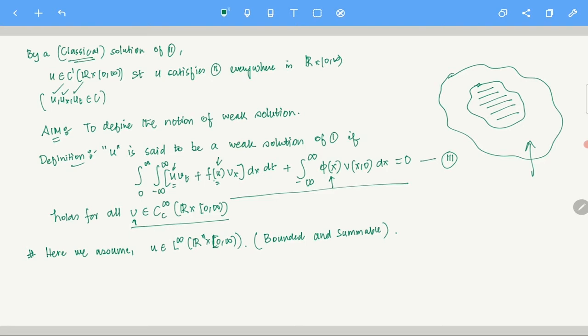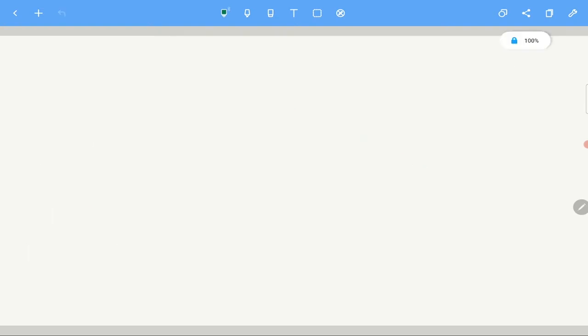Clear? Now let's come to how we suddenly derived it and why it is so special. As I told you, we are looking in a much bigger set, right? We are looking in a set like L infinity, not only in C1. So C1 and this is L infinity. Let us put that thing into context. So we talk about a theorem here.